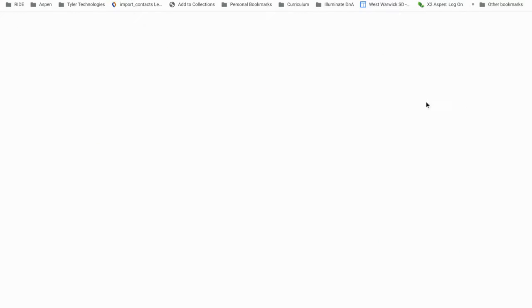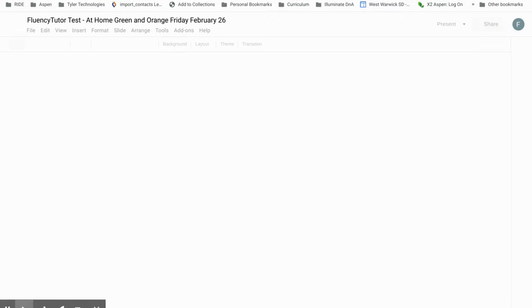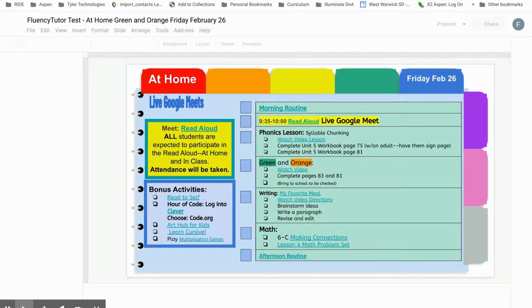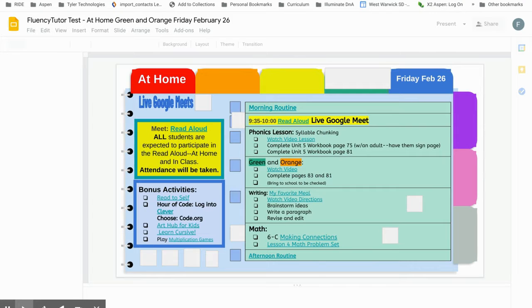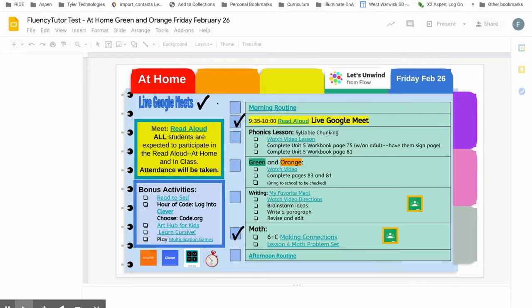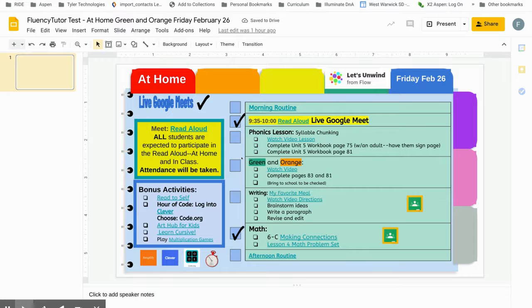So this is the first document that students get in this particular classroom. And this lists all of their work for the day. Now, typically, the students can also take the check marks and put them on an assignment that's completed. But that doesn't mean that they turn their work in. And so if your student's teacher does something like this, you may need to dig a little deeper. So I'm going to go back to that